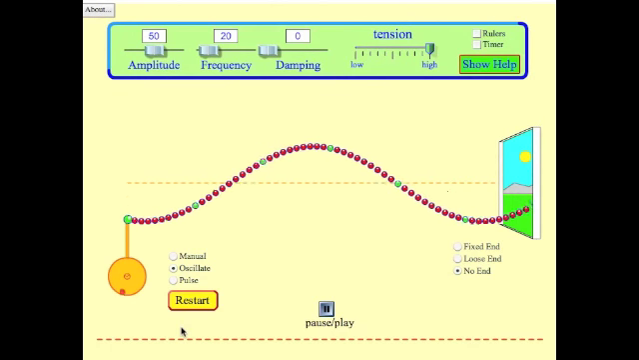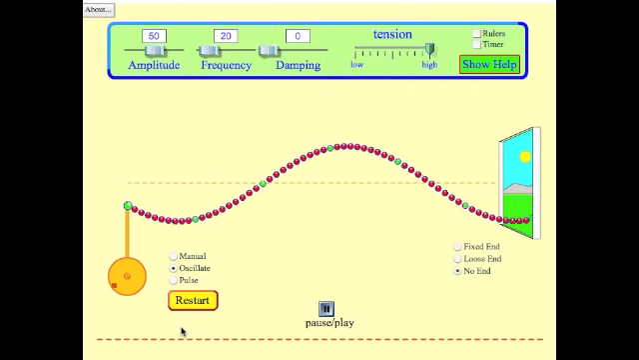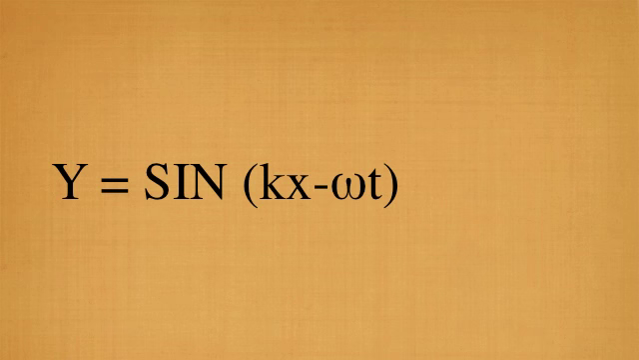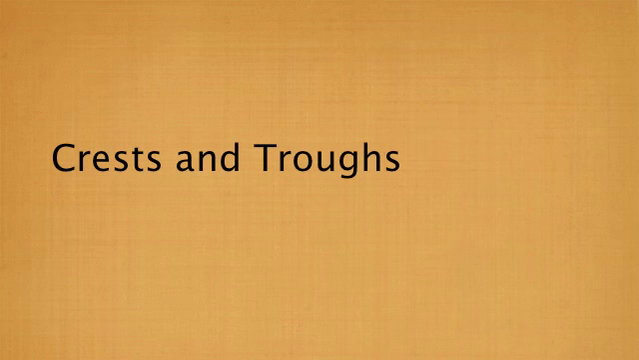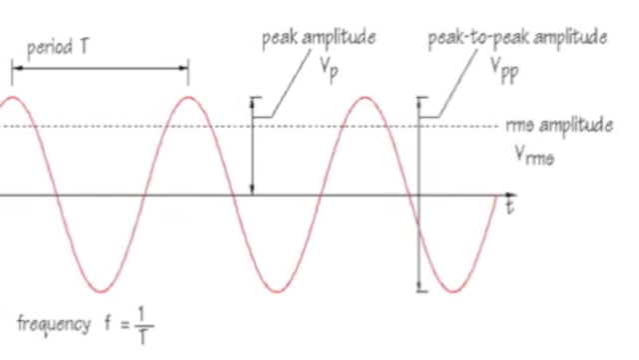As you observe the waves, you will notice the position of the rope will vary with both position of the rope x and time t. We can express this with the equation y equals sine kx minus omega t, where k is what we call the wave number. There are many different parts of the wave. The high part of the wave is called the crest, and the low part of the wave is called the trough, and the displacement of the wave from its equilibrium position to the maximum point of the crest is called